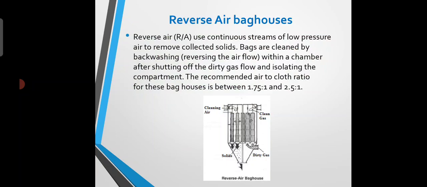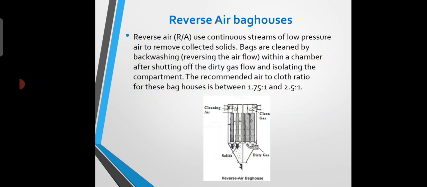How can these bag houses be cleaned? Based on this, we have different types of bag houses. First we will see reverse air bag houses. Reverse air uses a continuous stream of low pressure air to remove the collected solids. Bags are cleaned by backwashing within a chamber after shutting off the dirty gas flow. That is, the inlet of the dirty or polluted gas is closed